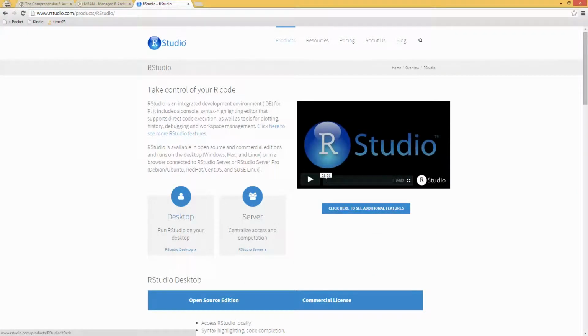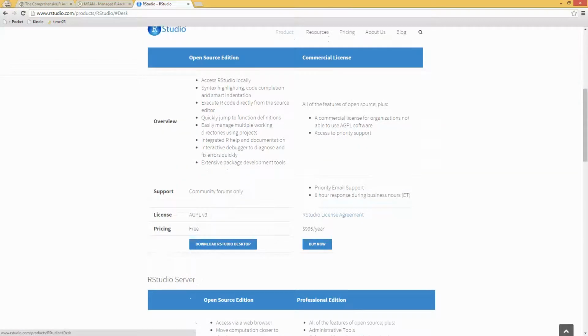You're looking for the desktop version. The server version allows you to have one server and have multiple users running R scripts in a centralized way. For now, let's just stick with the desktop version. You would click on download RStudio Desktop